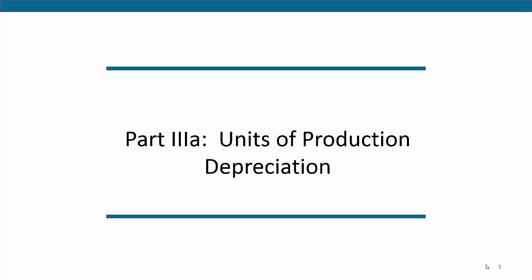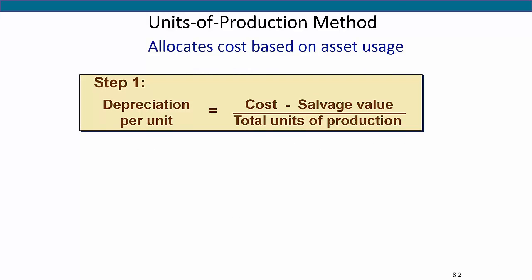In this next section, we'll take a look at another way to calculate depreciation with the units of production and declining balance depreciation methods. When equipment use varies significantly from period to period, the units of production depreciation method can better match expenses with revenues. Units of production depreciation charges a different amount to expense for each period of an asset's useful life, depending